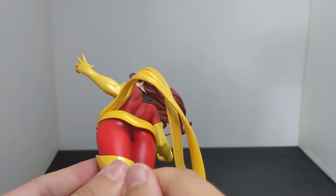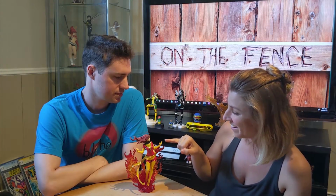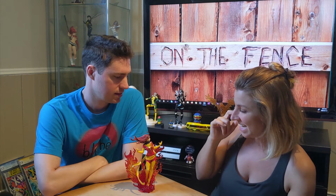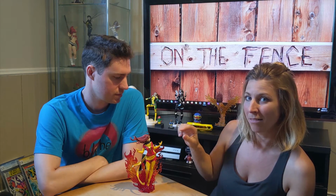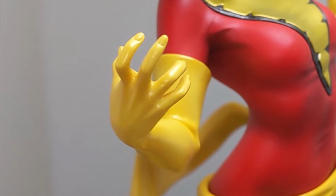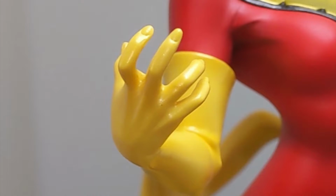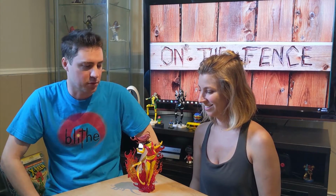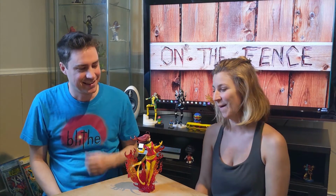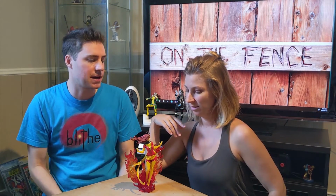We didn't talk about the gloves and the hands, but there's a little detail here that we talked about earlier together: they decided to make the nails pop out of the design on the gloves, and we are not a super fan of that detail. No, it's something that looks like it's painted on. You could legit grab a little piece of paint and paint those nails in, and it would look like it's her fingers. It's kind of off-putting. If you didn't even know it, we're sorry we ruined that for you. Oh, better to know beforehand. Well, from a distance, it's not noticeable. I'm going to say that right off the bat. When you have it up on a wall...